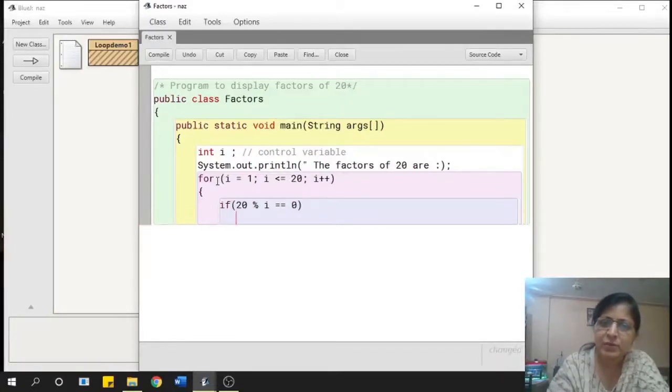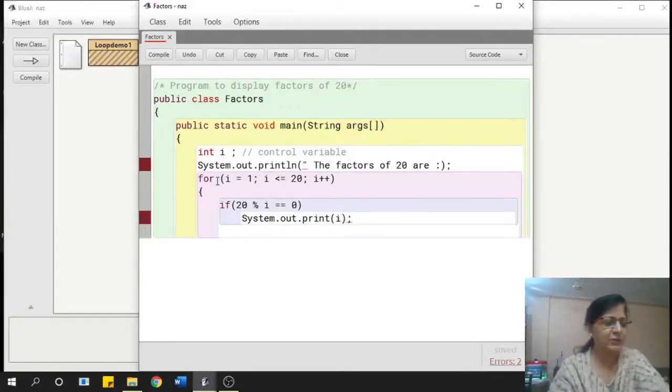So if 20 % i == 0, then System.out.print, I will not say println, I will say print, and then the number. So i is the number, initially i is 1, so it will print 1 over here. And else, if it is not divisible, I don't want to do anything, and this is all that I will do in my loop.